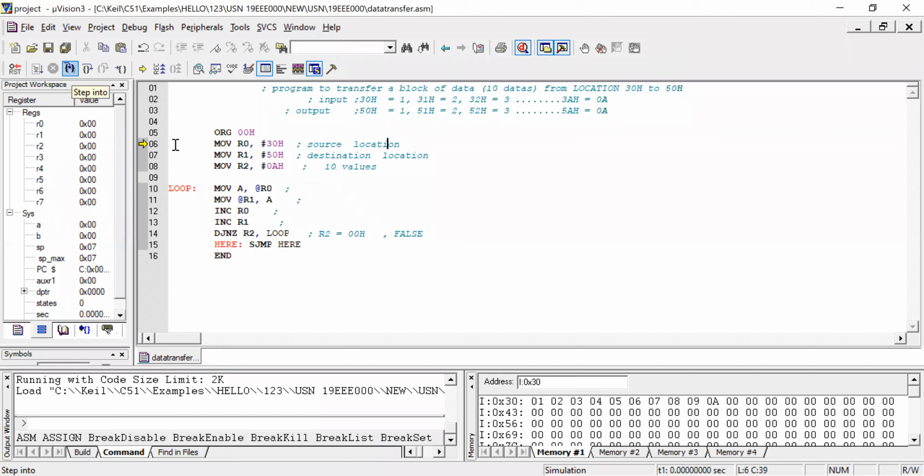Step in executes individual instructions one by one. One instruction will be executed if you click on this. So you can see what is happening for each and every instruction, which you can practice on your own. As of now, I will execute the entire program. Click on the run button. See, the program is executed now.